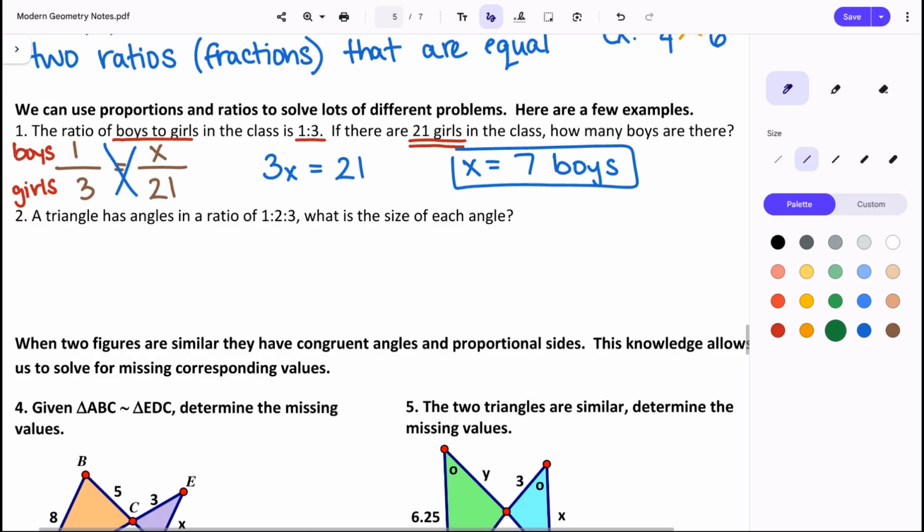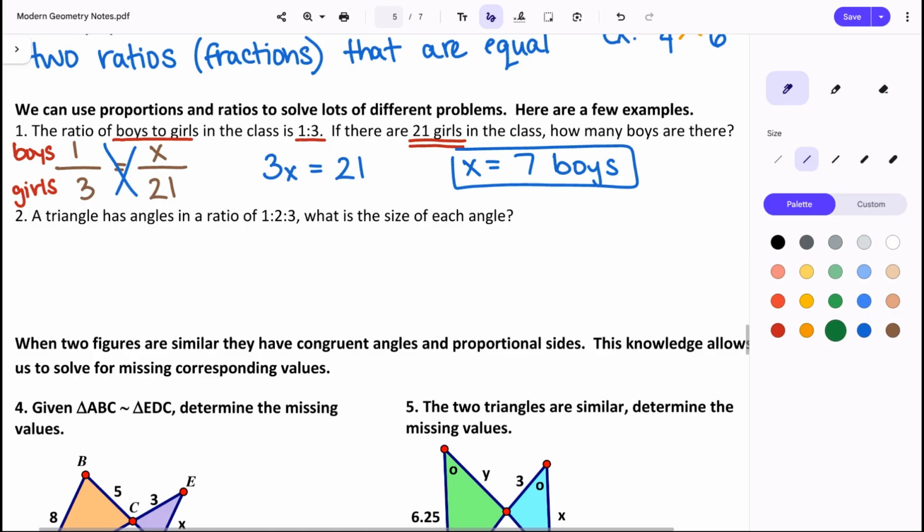Again, you could check your work. You could put that 7 in for the x. You can reduce the fractions so that they're equivalent to each other. You could check the cross multiplication, make sure that those products are still going to be equal. Those would all be really easy, fast ways to check if you set up your proportion correctly and you got the right answer. Now, if you look at the second one, it says that a triangle has angles in a